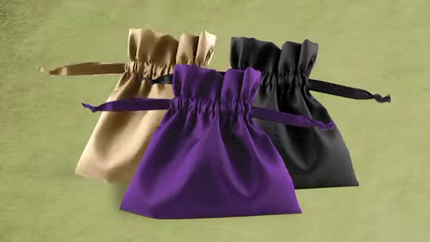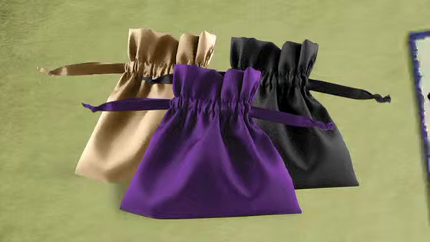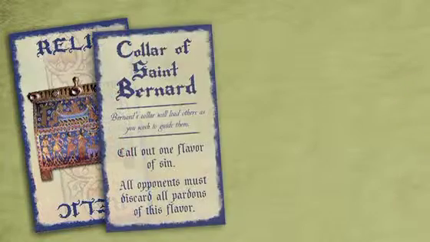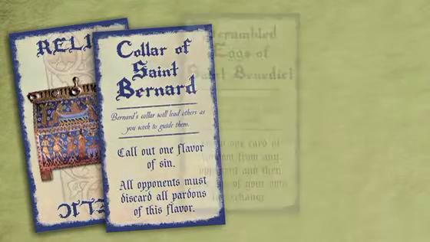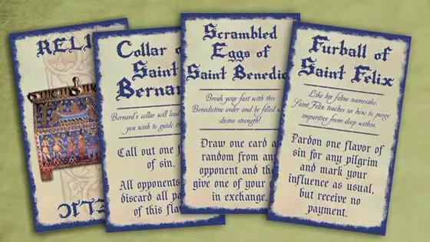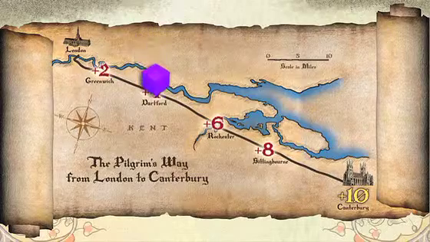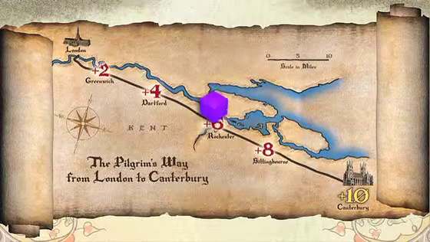Individual cloth coin bags are provided so each player can hide away his ill-gotten gains. A bit of tightly themed unpredictability enters the game through the humorously themed relic cards, which allow players to perform special actions. As the pilgrimage moves closer and closer to Canterbury, bonuses increase for the corrupting influence of players on